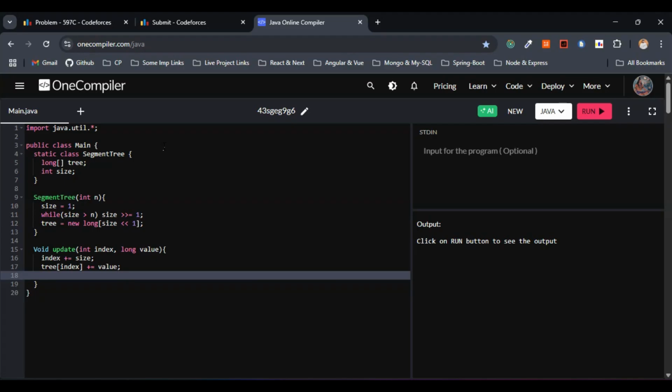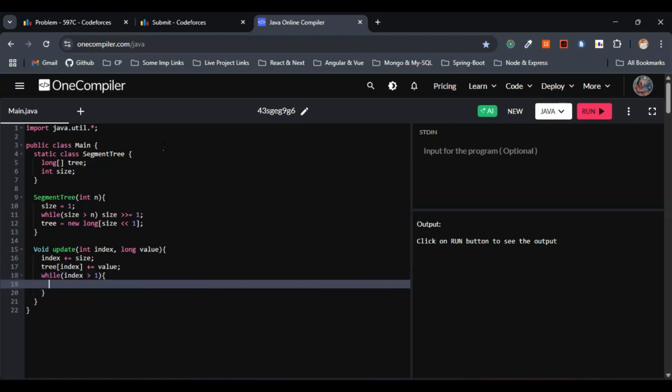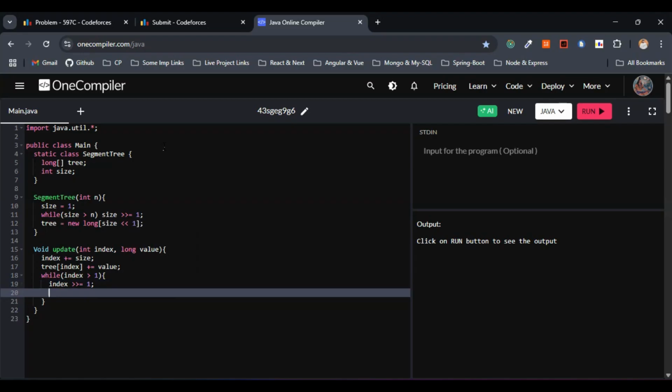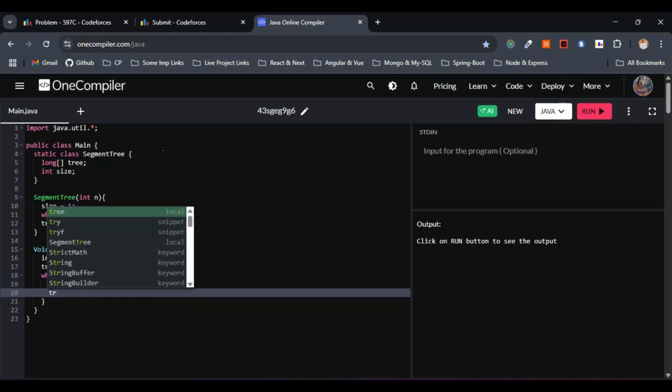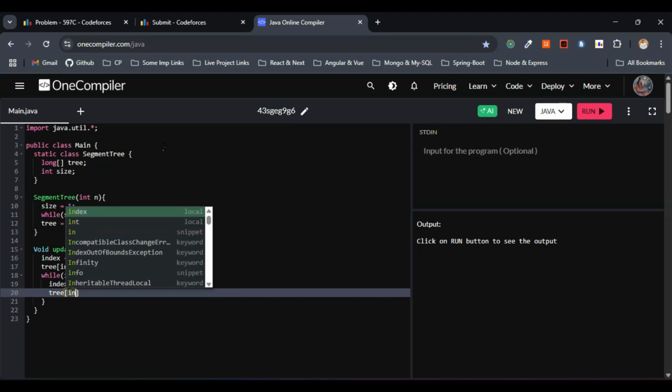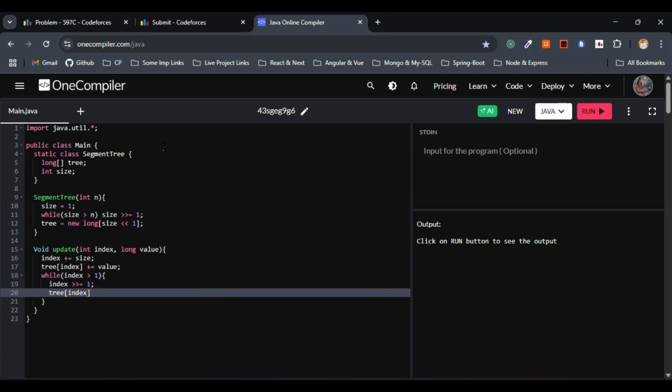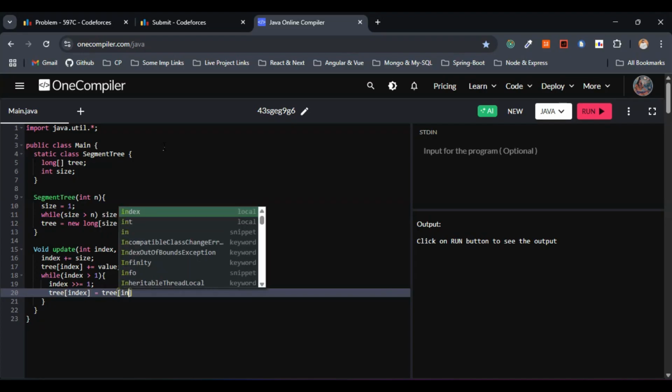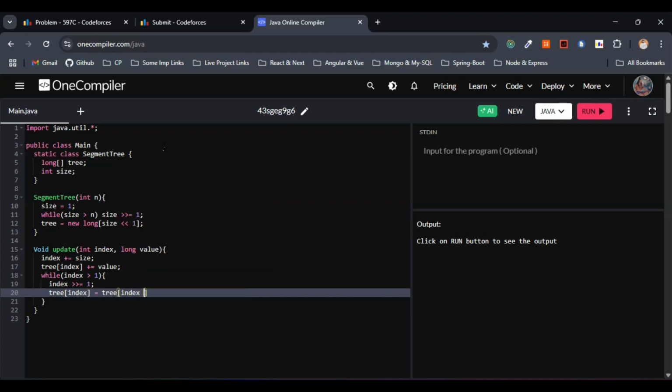Within the update, usually we are going to update the ancestors. So let me make use of the while loop here. While index greater than 1, then let me make use of the right shift operator here again. So we are updating the ancestors, right? Then we have to merge, nothing but here tree of index. This one will be tree of index again. This has to be the left shift operator 1,